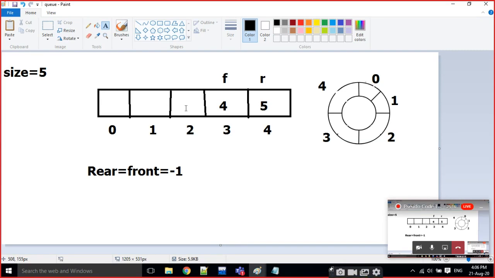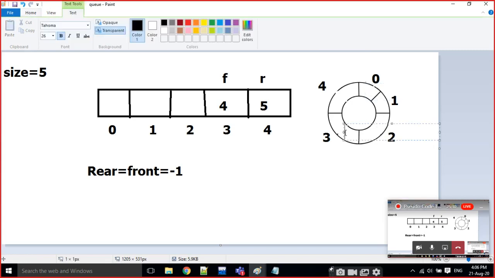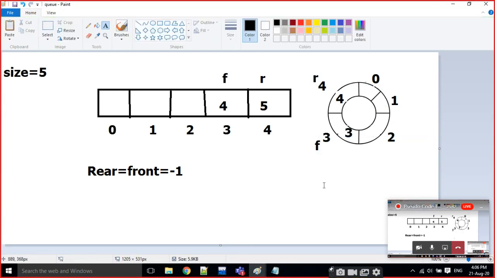To overcome this, the queue is going to work like a circular queue. Just look at this second figure here. This is going to be a circular queue. For example, at the 0th position it is going to be some 3, and here some 4, and here is the rear, and here is the front. Now I am going to insert data. That means I am going to click on NQ.